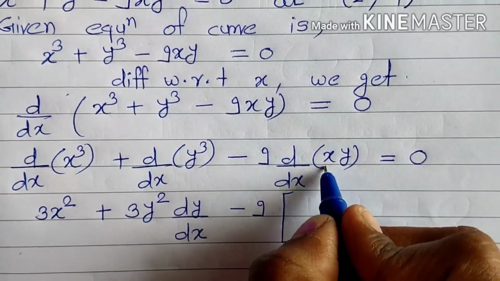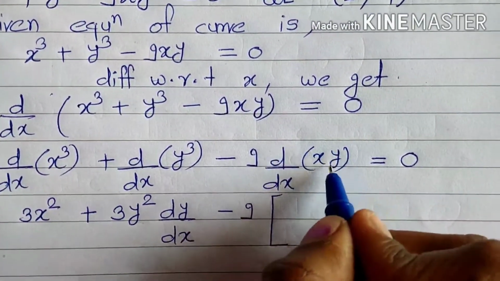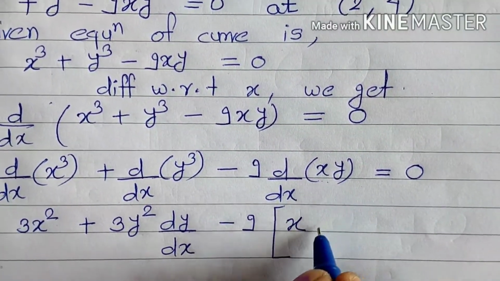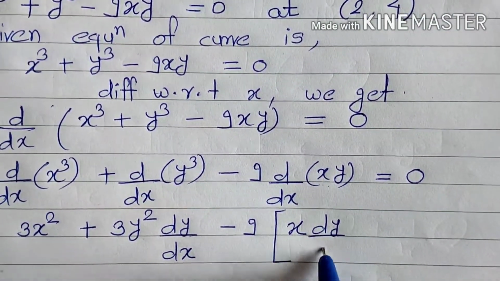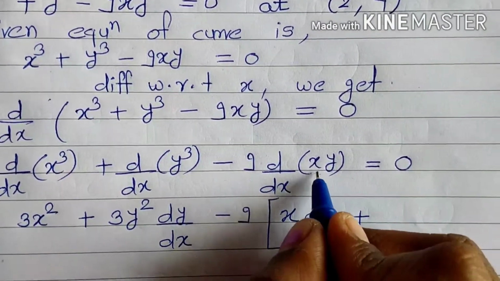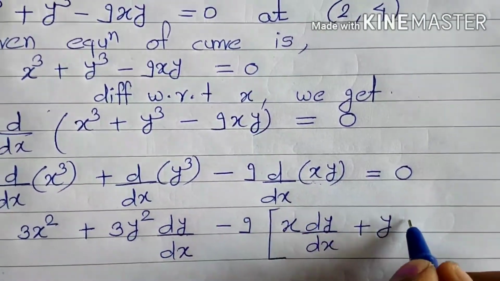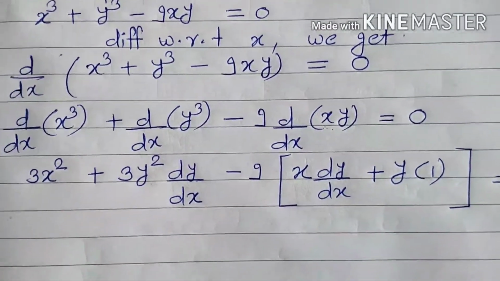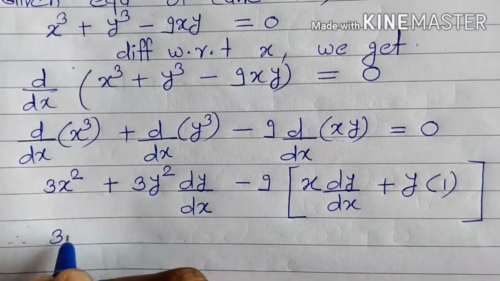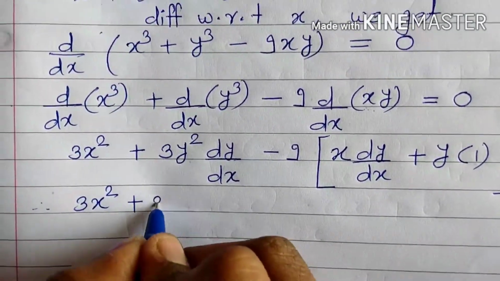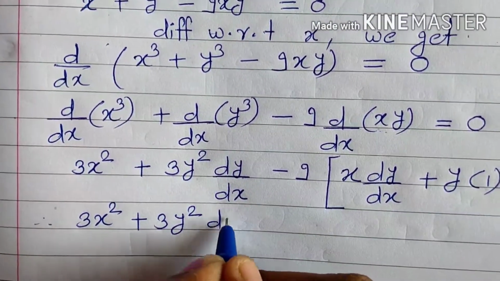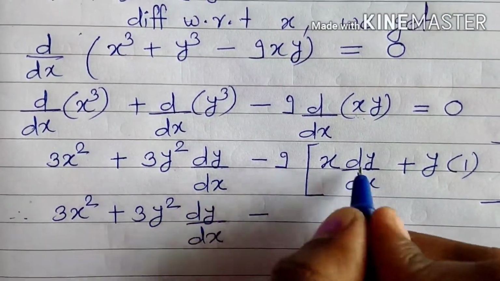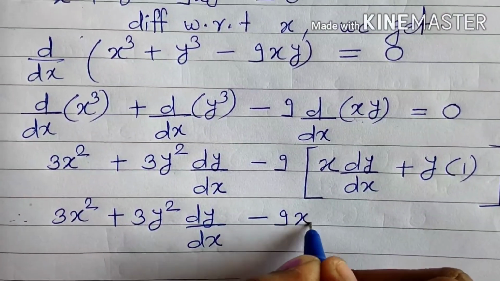Now we want to use here product rule. So first function as it is, derivative of y is dy by dx, plus y as it is, and derivative of x is 1, which is equal to 0. So therefore 3x square plus 3y square dy by dx minus, multiply this minus 9 in the bracket, so we get